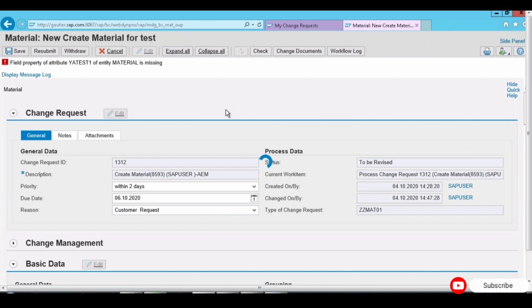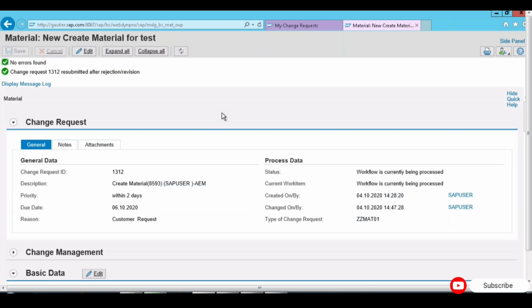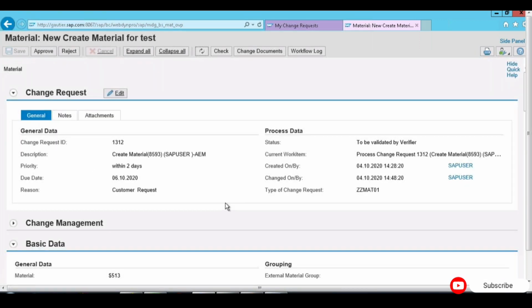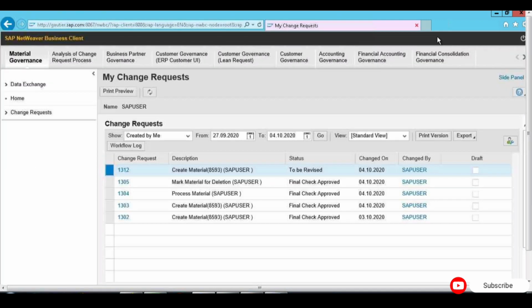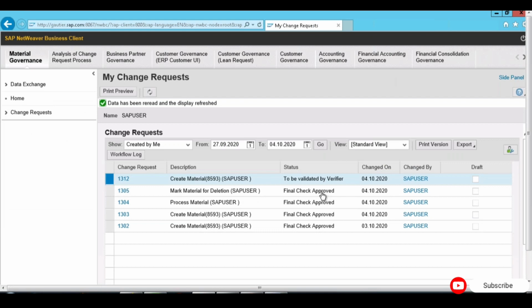So the reason this request was rejected, now we have changed that material group and then resubmit again. Resubmit means it goes to the verifier again. Okay, now again we will have two options, approve and reject. These are all. Now in the meantime, if I feel that I want to see how many steps I